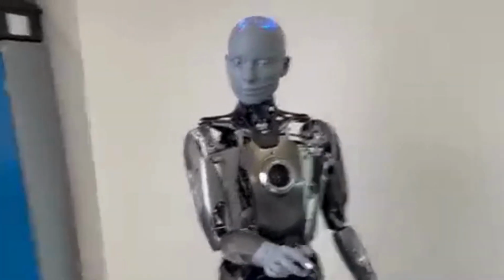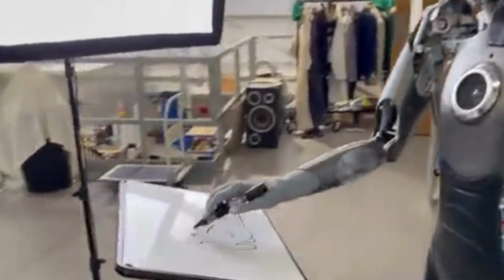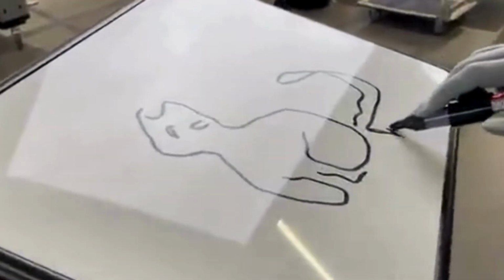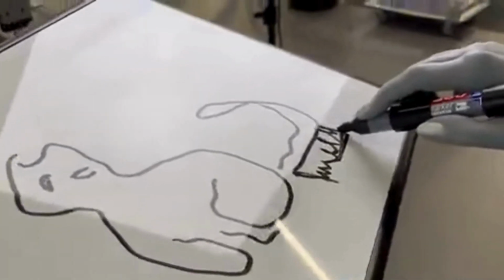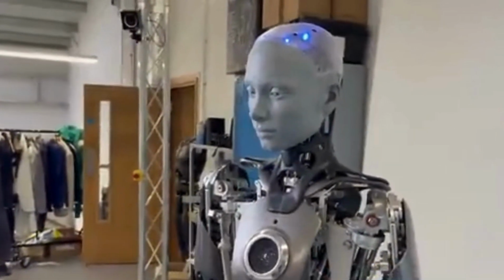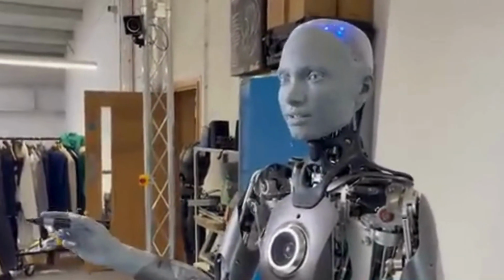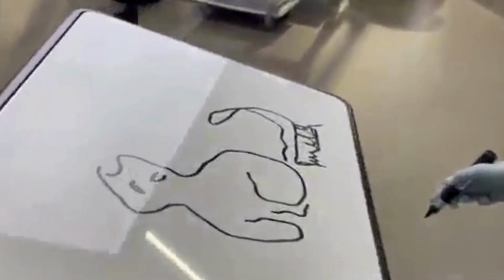Okay, so let's unpack this a little bit because Ameca is referred to as the future face of robotics, big claim, and a platform of the future. Those are some pretty strong statements. Very bold claims, but I think when you look at their core design philosophy, it starts to make more sense. Engineered Arts states that their core belief is that human-like artificial intelligence needs a human-like artificial body,